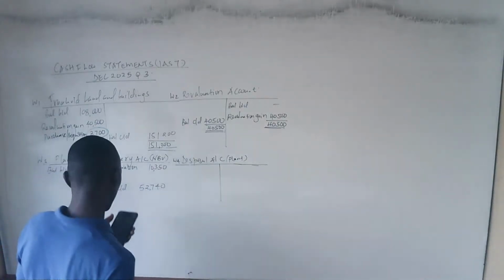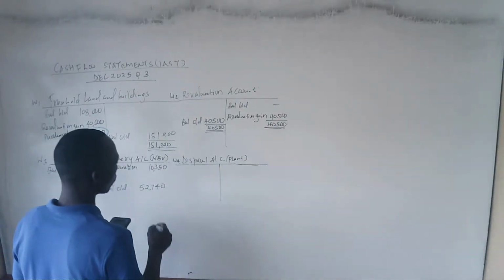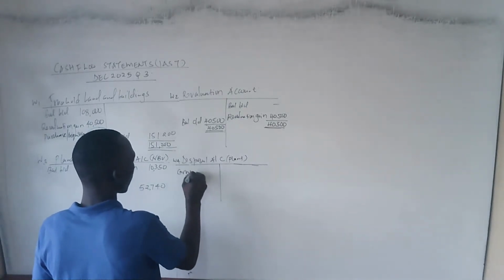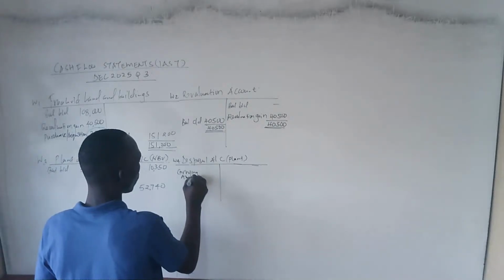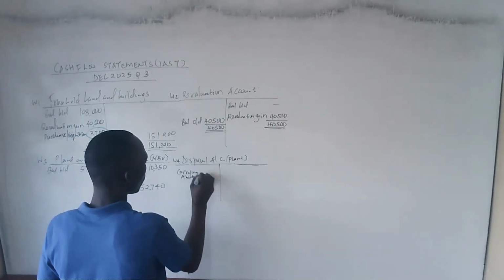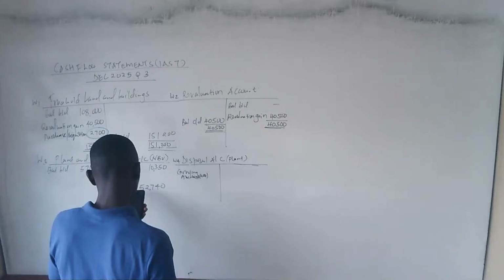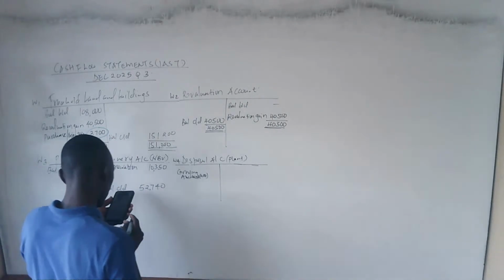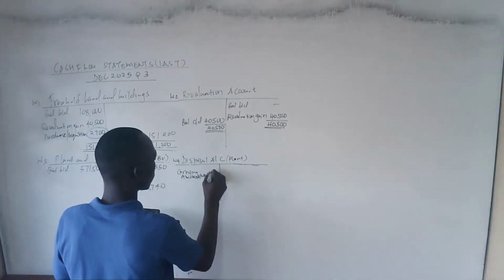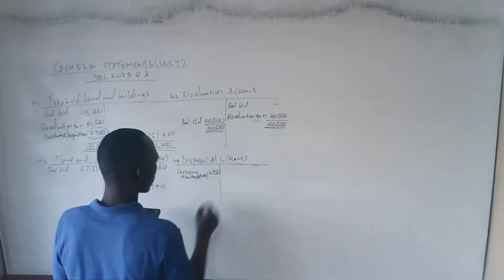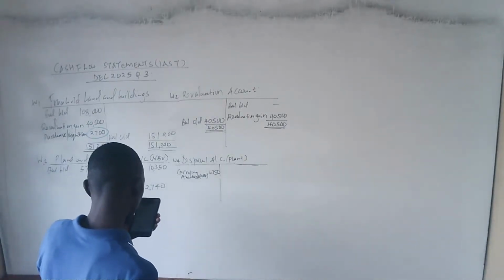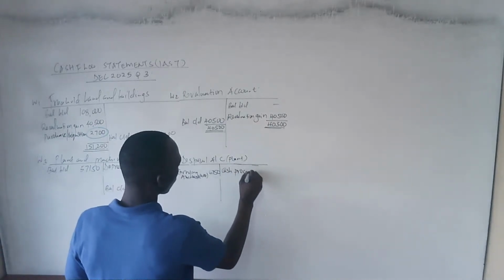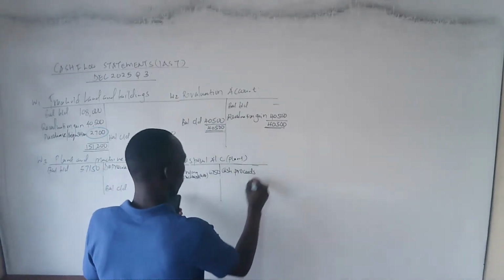And this disposal account, we are given the carrying amount, or what we call the net book value. Sometimes we call it the carrying amount, or the net book value of how much? We are given a net book value of 67. We are told that during the year ended 30th September 2025, plant with a net book value of 67.50 was sold for shillings what? Was sold. So that's what we call the cash proceeds. We had the cash proceeds of how much? Cash proceeds of 13